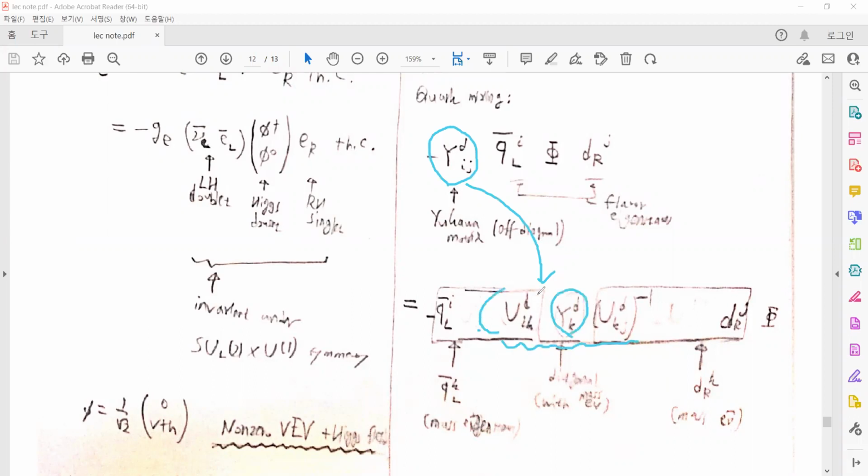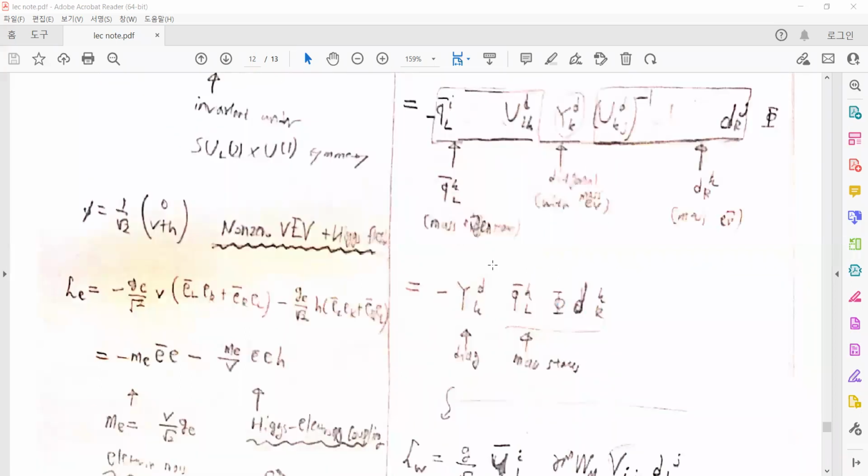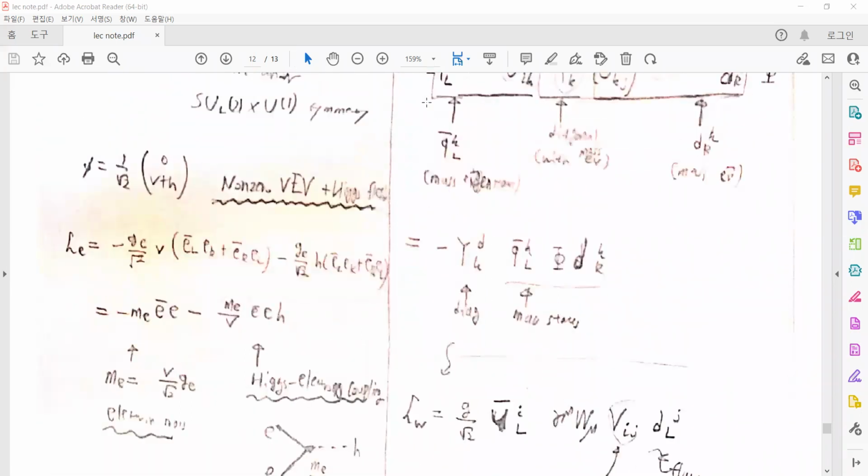There are some unitary matrices, and if such a unitary matrix acts on the weak eigenstates, then the mass eigenstates will appear. So the diagonalized matrix has the mass eigenvalues as diagonal elements, and such a unitary matrix acting on the weak eigenstates will yield the mass eigenstates. That is the origin of the quark mixing. And yes, there are some diagonalized matrices of the Yukawa matrix and the mass eigenstates.